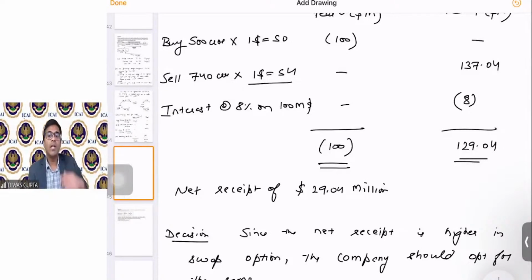So since the rupee value has decreased from 50 rupees to 54 for the same US dollar, imagine someone is investing in India. Now they want to take their investment back. While they have invested, they have got 50 rupees. Now, while they're taking back, they will be charged 54 rupees. So 4 rupees on 50, roughly 9.5% is what they have incurred a loss in the depreciation of the currency for 1 year. That is why this option of not entering into a swap and securing their rate of 50 is not beneficial. Okay. Very good, Satish.